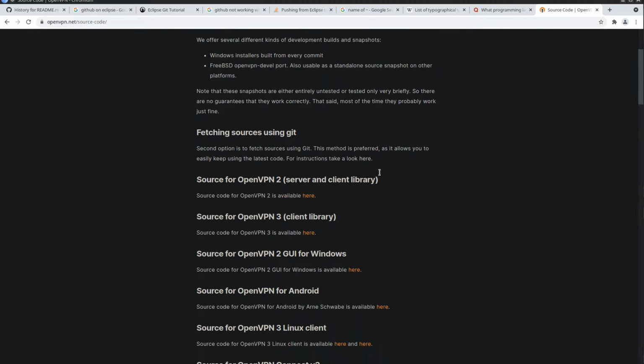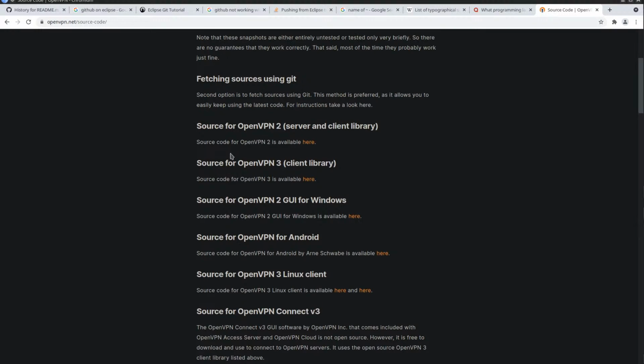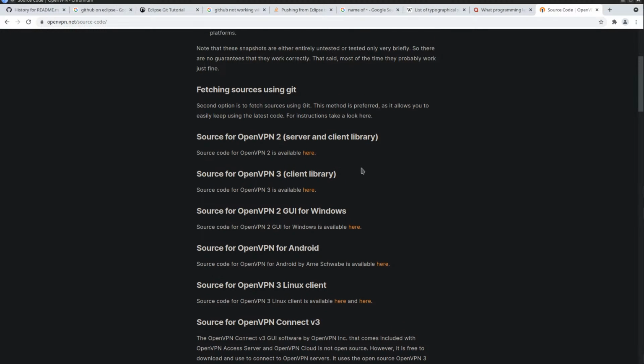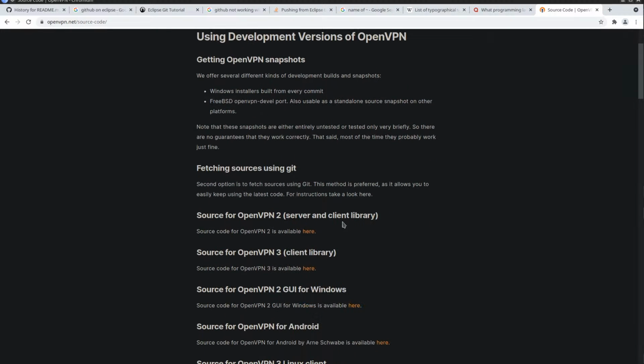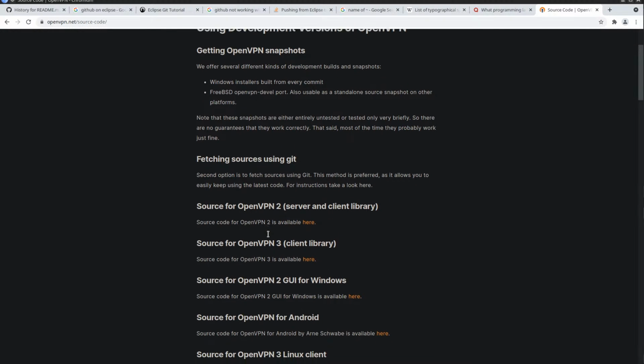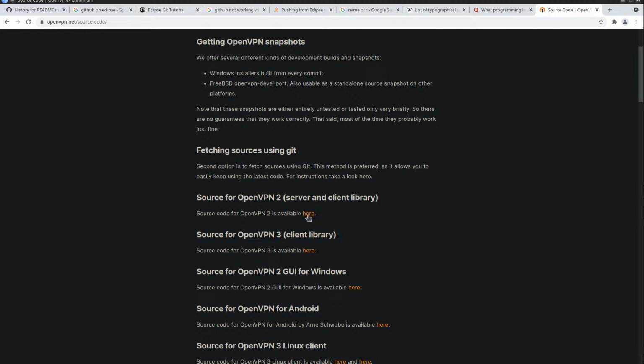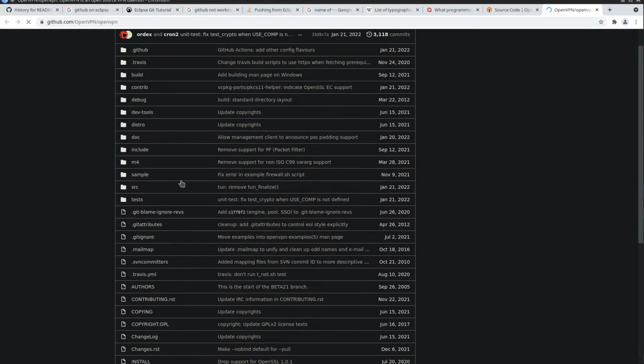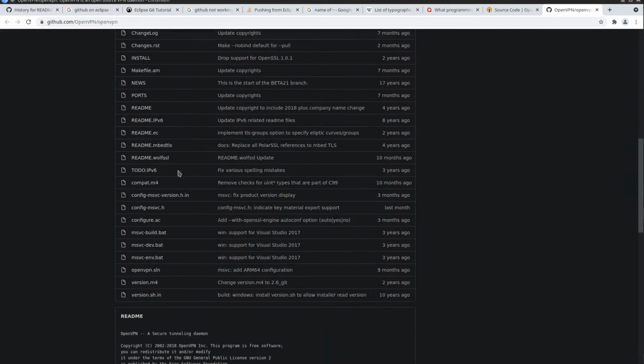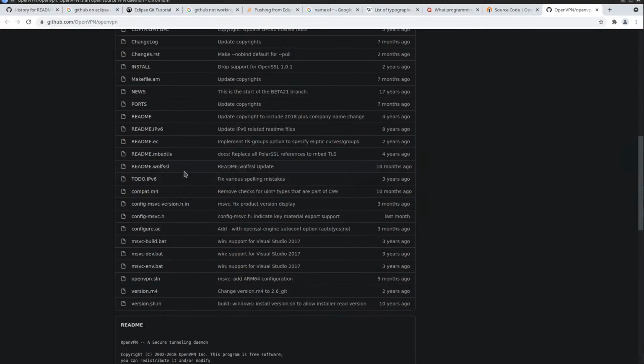So how do we actually get access? OpenVPN 2, OpenVPN 3. I wonder what's the difference. Well, the versions are different, but is there actually a functional difference? Server, client, libraries, okay. Oh, it is on GitHub, nice.